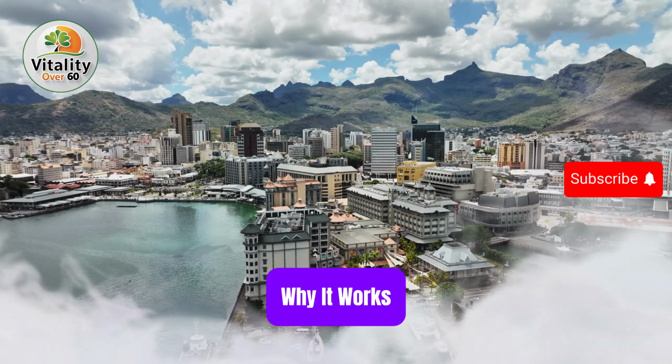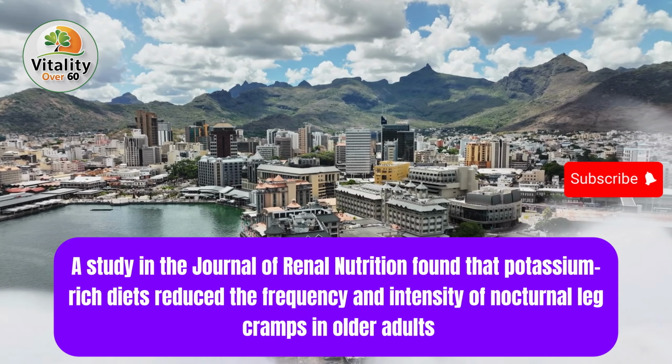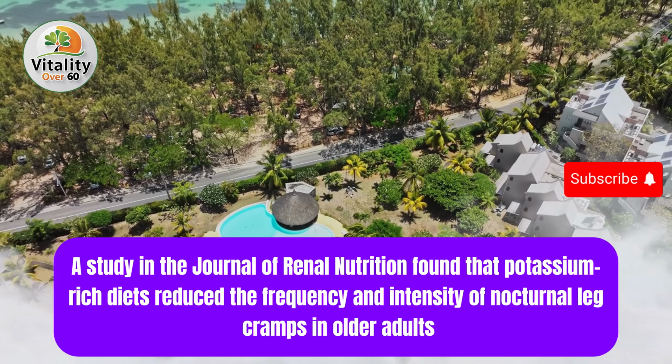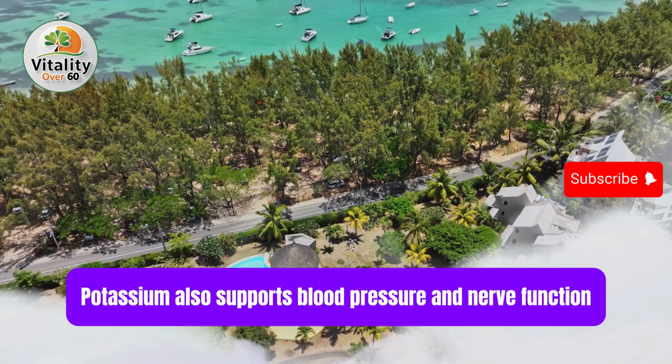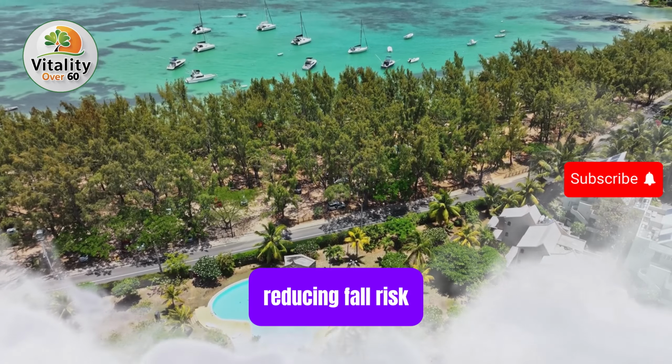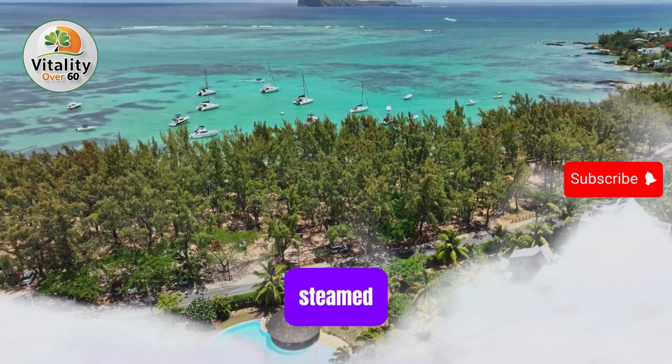cramps. Why it works. A study in the Journal of Renal Nutrition found that potassium-rich diets reduce the frequency and intensity of nocturnal leg cramps in older adults. Potassium also supports blood pressure and nerve function, reducing fall risk. How to use. Enjoy baked, steamed,